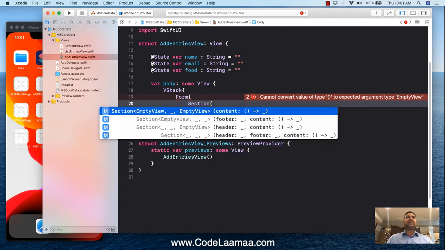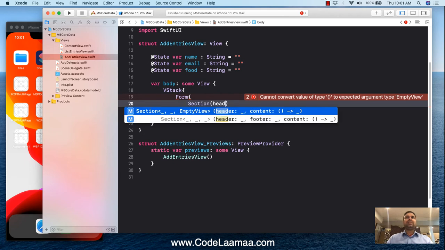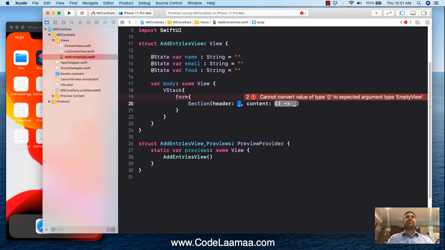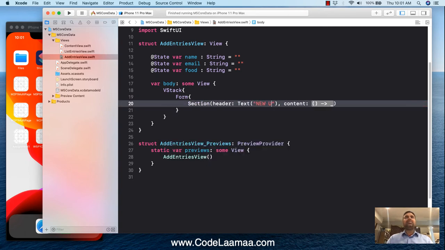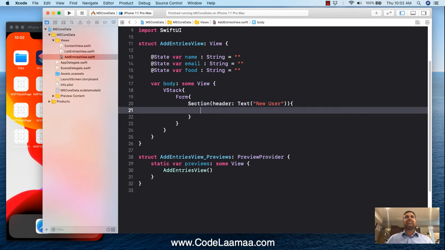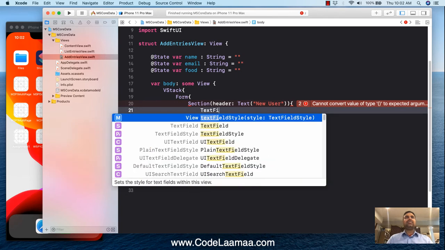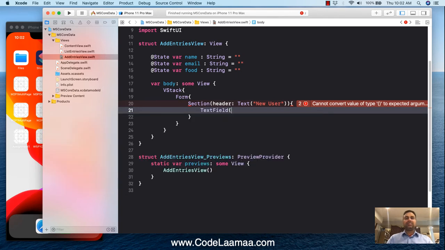We'll just use header. All right, and for header we'll say text, new user. All right, and for content, instead of this, I'm going to do what I did before, have curlies. All right, and we'll have 3 text fields. So text field, name, and comma text will be $name,